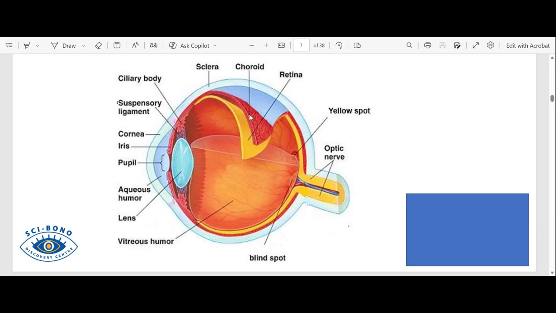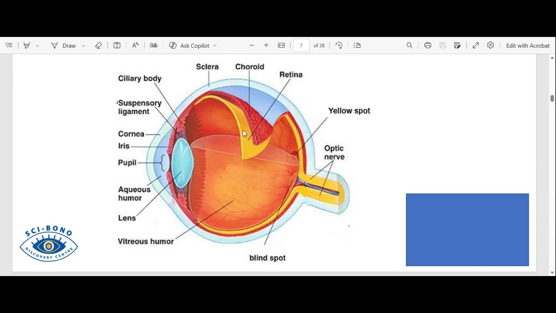And also it contains blood vessels. Why? Because it provides nutrition for the eye. The reason why it contains blood vessels is because it provides nutrition for the eye, right? Let's go to the third and final layer. So the third and final layer,